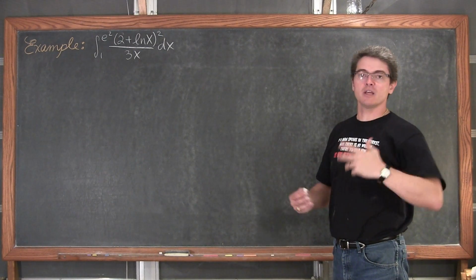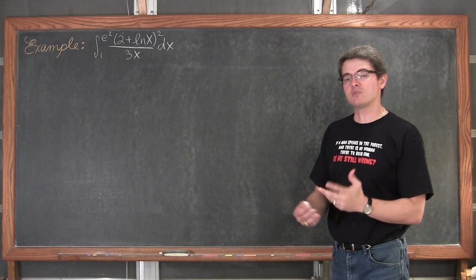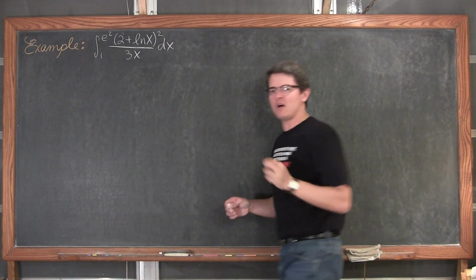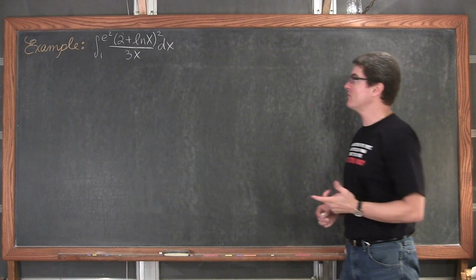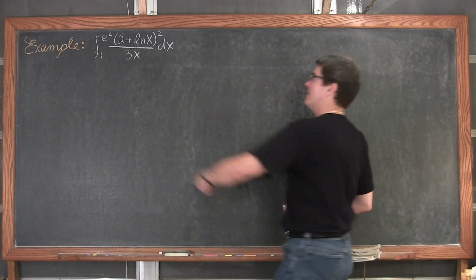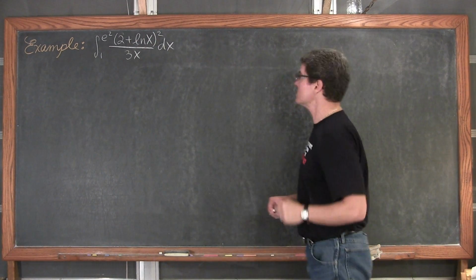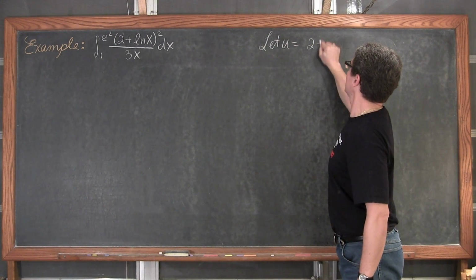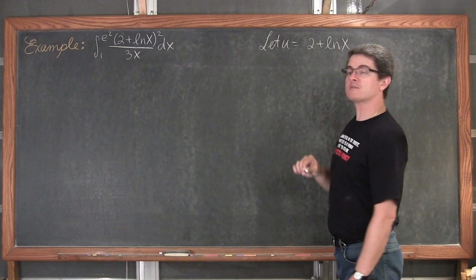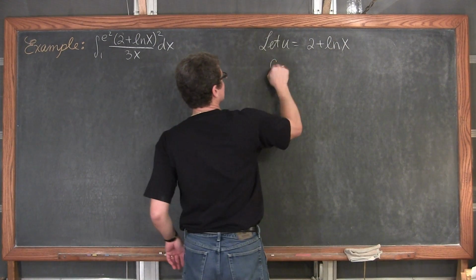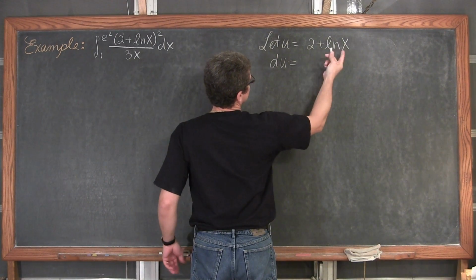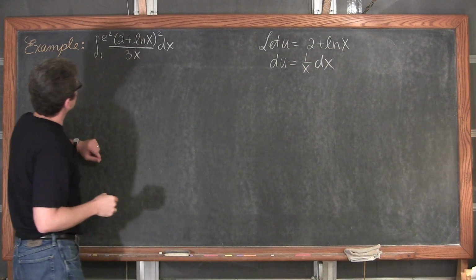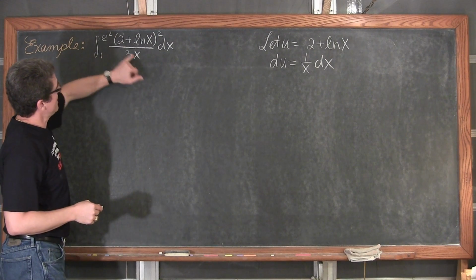So our inside function, again, maybe you might try u substitution, doesn't work out, try again. I got a lot going on here in this power of 2, plus I also know that the derivative of the natural log of x is 1 over x, and we have an x in the denominator. So I'm thinking that we want to let u equal 2 plus the natural log of x. That means that du is going to be equal to, well, just 1 over x dx. And we do have a 1 over x.